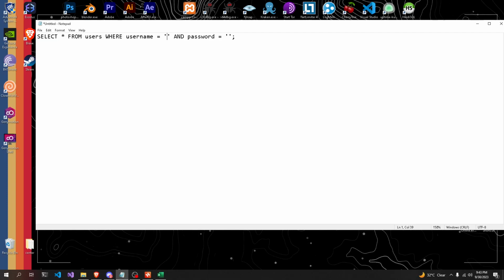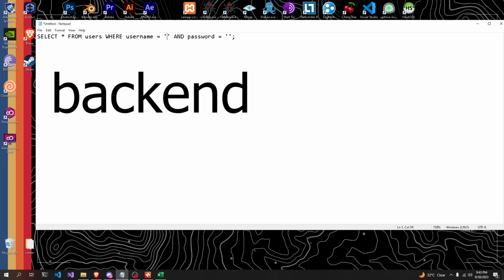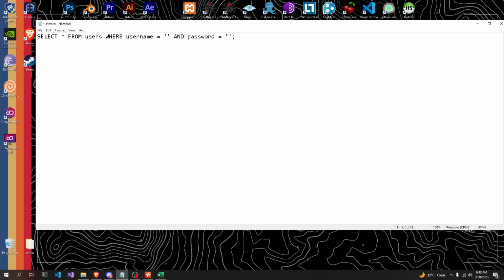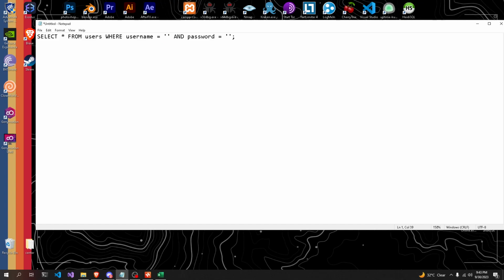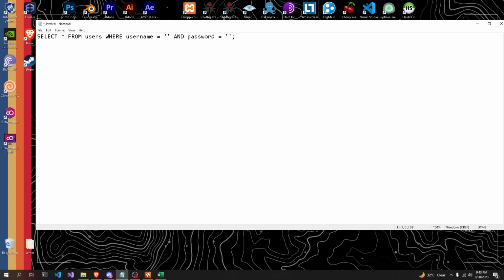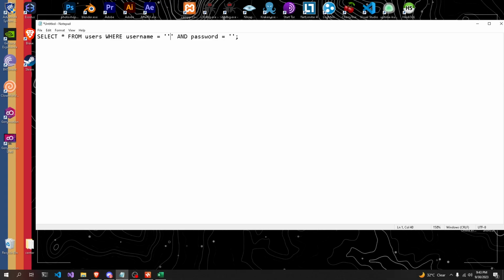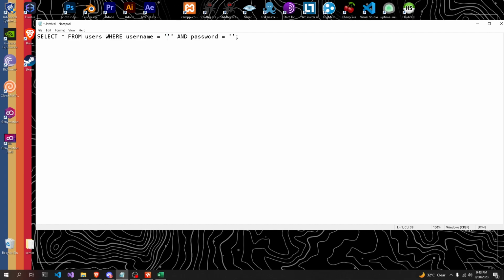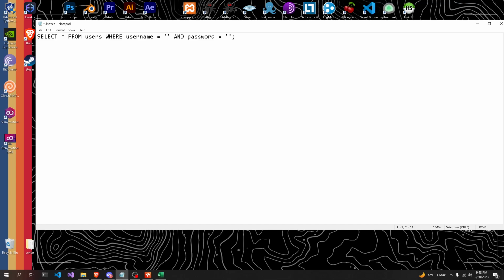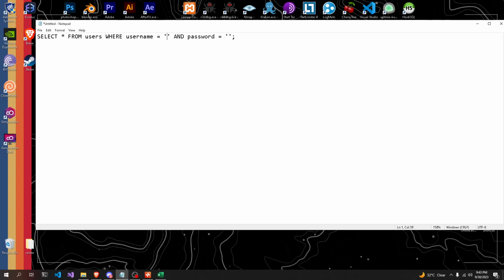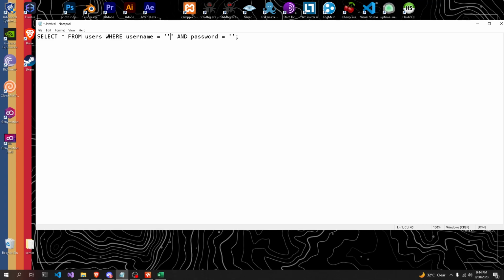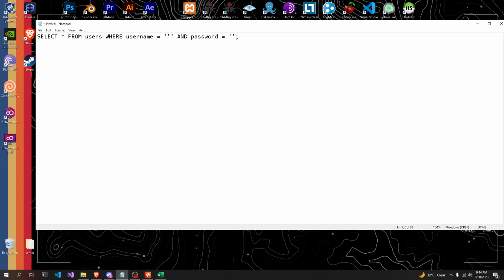So what I like to do is write down what I think is the query in the backend and then start experimenting on that. So firstly, we can see that we're inside this input field. So what we can do firstly, with just a bit of common sense, we can put in a quote, which is going to escape out of that input field. So we had the first quote right here. So these two make up the input field, and we're right in the middle here. We put in one more quote here, and we're out of the input field. So that's the input field, and that's closed off.